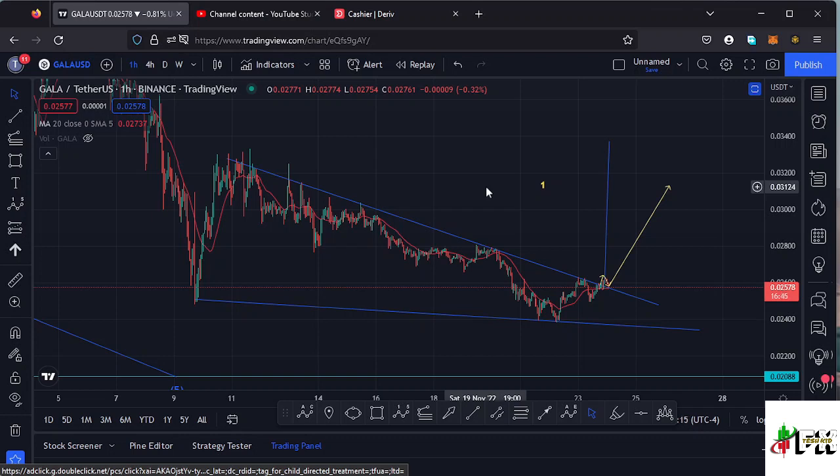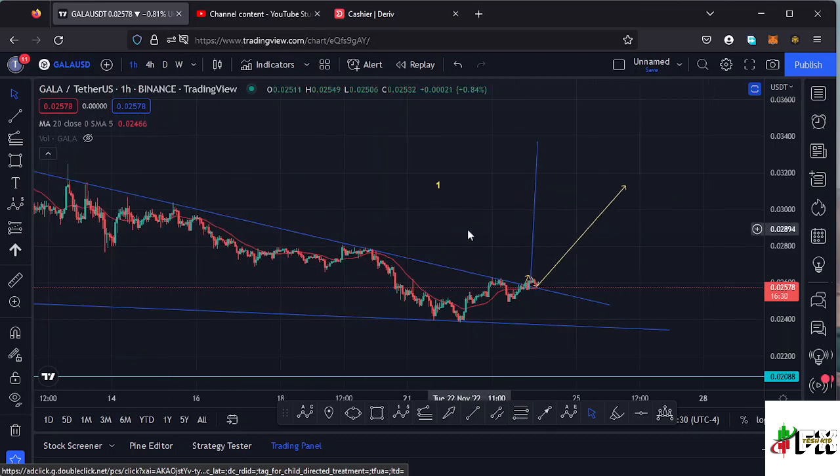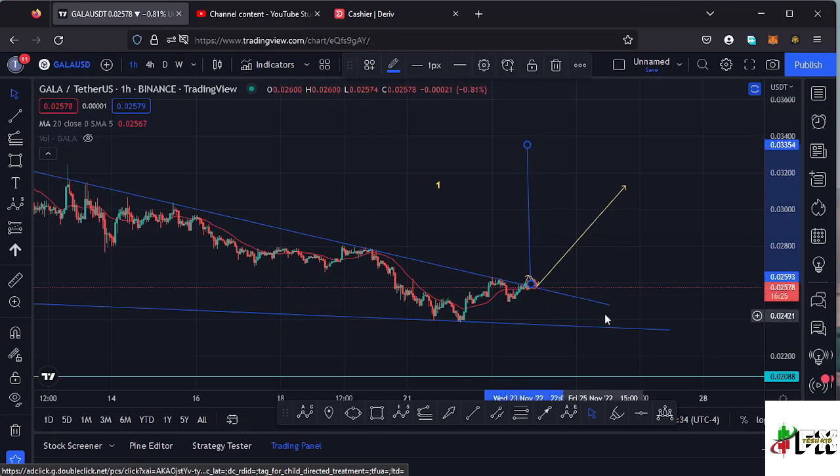So now combining the two chart patterns, which is the descending channel and also this descending wedge, those two chart patterns are giving us a minimum target area back to around the $0.03, above the $0.03 mark, and that is a possibility here on the Gala games chart soon in case we continue seeing an increase in volume and also continue trading above the 20-day MA. There are chances that we might get back to around the $0.03 mark,